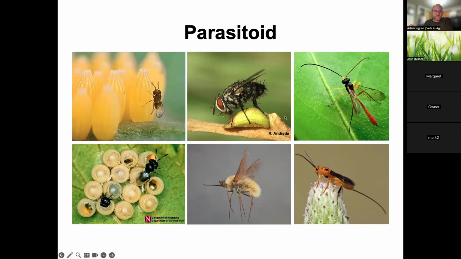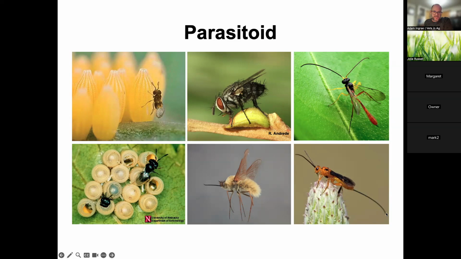These are very large flies, super hairy, with really dark, thick hairs on them. Bee flies would be another example of a parasitoid. And then you have these wasps, which are braconid and ichneumonid wasps. These are wasps that you tend to see. A lot of the ichneumonid wasps are bigger wasps, and in Michigan we actually have some that are a couple inches in length. The big characteristic that you see a lot with these braconid and ichneumonid wasps are these long